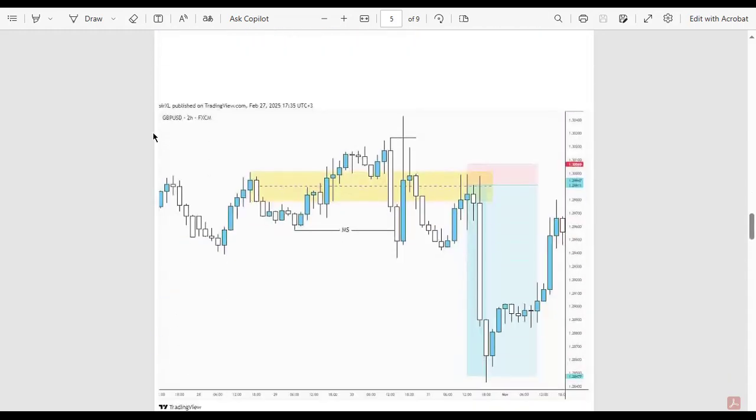Another example here is GBP USD 2-hour. Another example from GBP USD. Okay, so you can see how amazing and how beautiful it is. This level which was disrespected. We expected price to respect that level, but price didn't respect this level. You can see, so that's why we mark that as our what? That reclaimed order block. So very perfect area, this reclaimed order block, because it was disrespected here, but then price created market structure